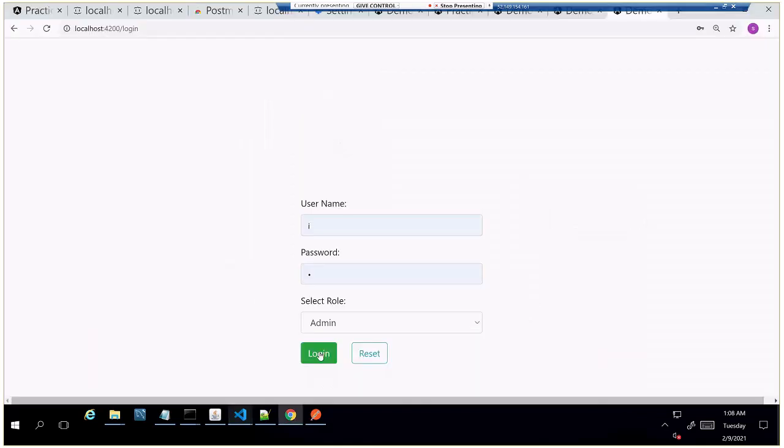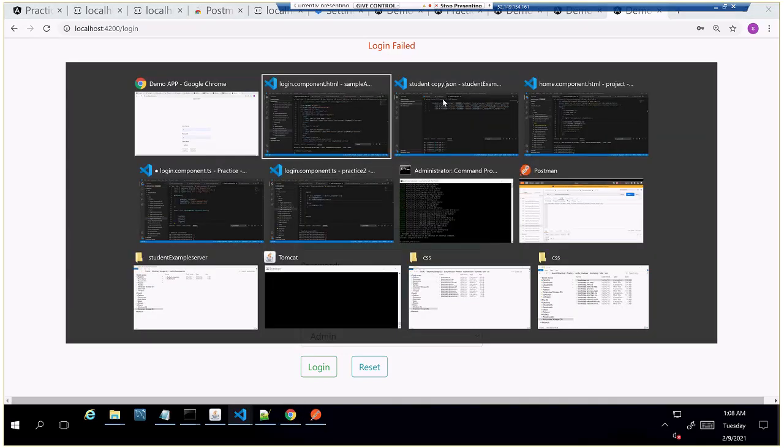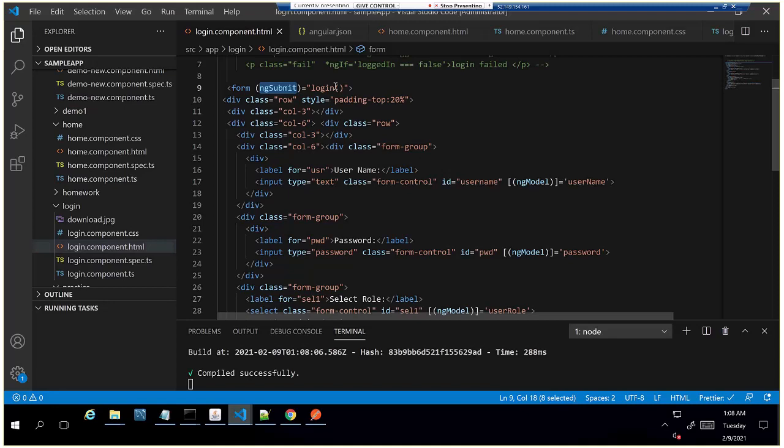Now we don't have any click method for this, so I'll just click here. See, it is submitting the form. As we don't have any click method for this one, internally the form is submitting and it is validating the login field. Got it? Okay. Now you don't have to click that login button. Instead, you enter user ID and password, you just press enter, and it automatically goes.